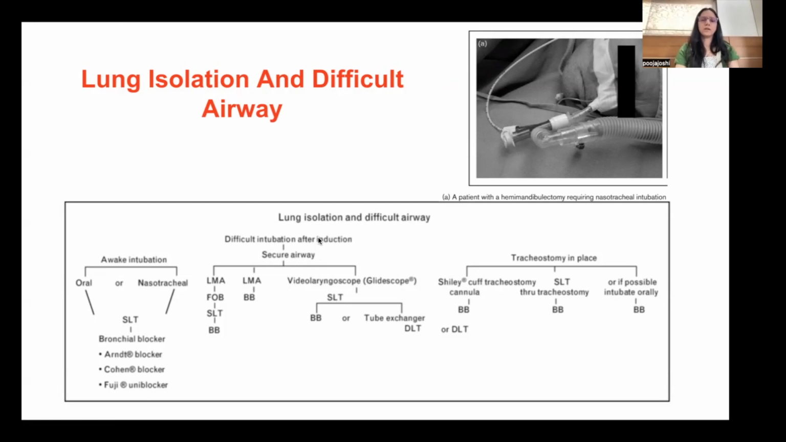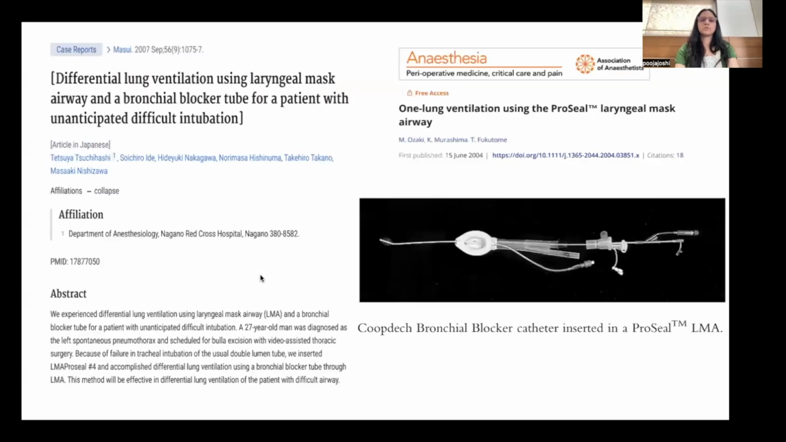But if it is unanticipated, when you induce the patient and you come to know that it is difficult intubation, you put an LMA. With the use of intubating LMA, you can pass the tube over the LMA and then the bronchial blocker. Or there are even reports that bronchial blockers are used through the LMA. This is a diagram showing Coopdech bronchial blocker catheter inserted in the ProSeal LMA, and they carried out one lung